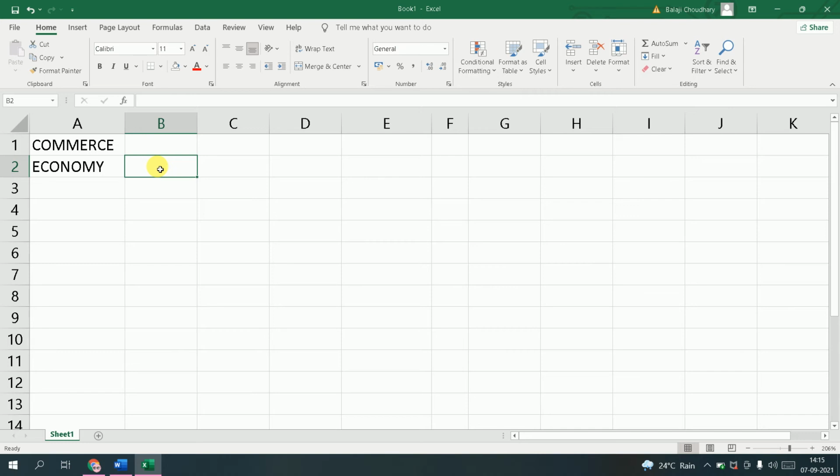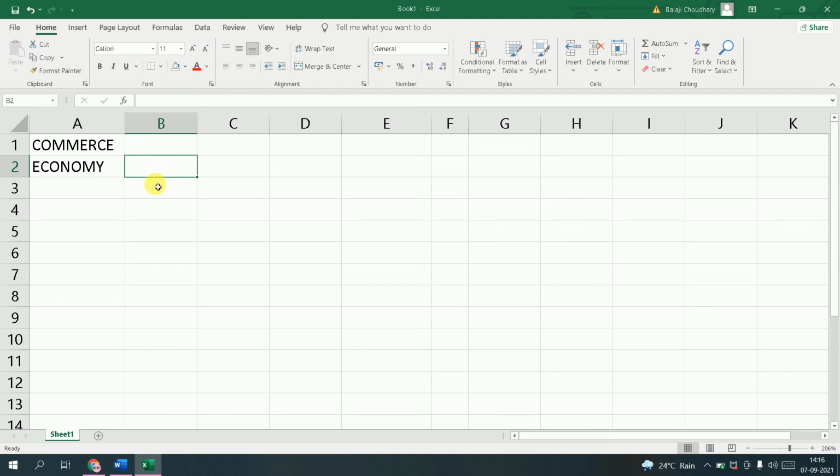Now I will tell you how easily you can navigate to different cells in your worksheet. Now you know that when you are on a cell, you can just press the tab key to move to the right and just press the enter key to move downside. Now listen carefully. If you want to move upwards, then you have to press shift and enter key together.